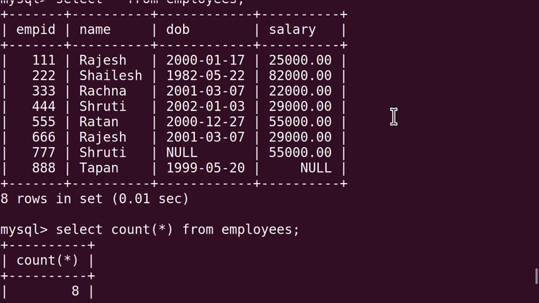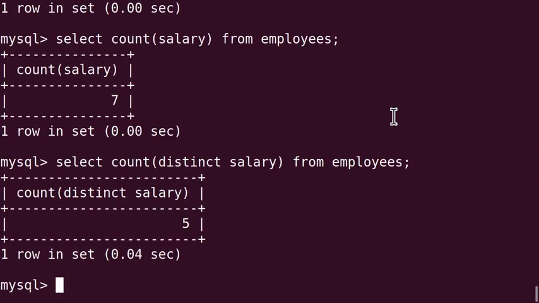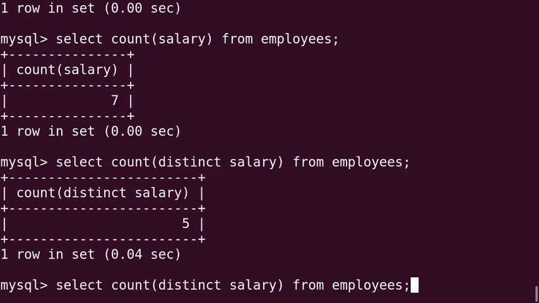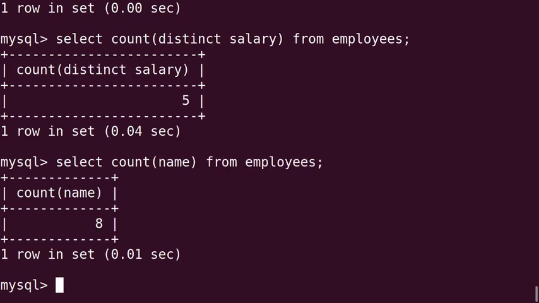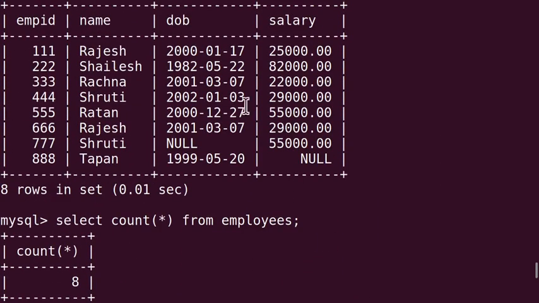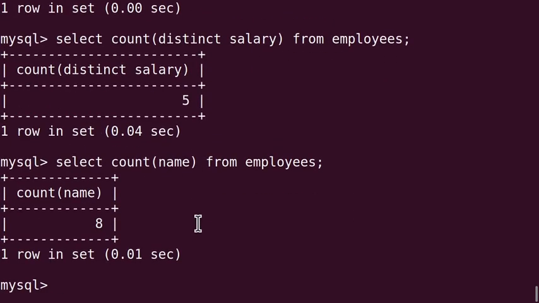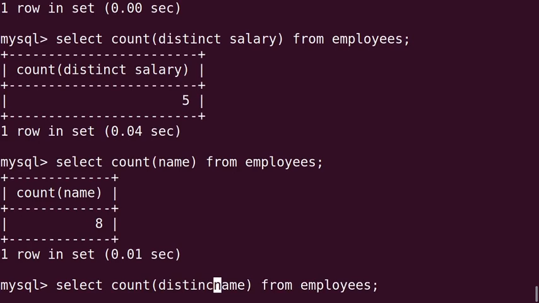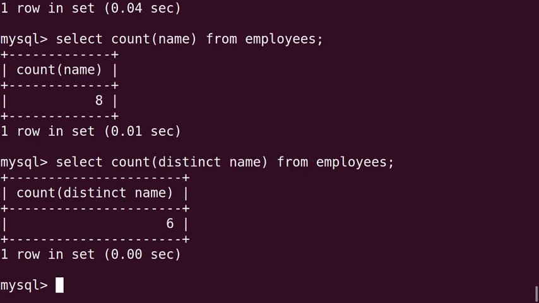You can check on the name field also. So if you want to see count name, here total how many names are there? Total 8 names are there. So you are getting 8. And with distinct name you will get the output 6.